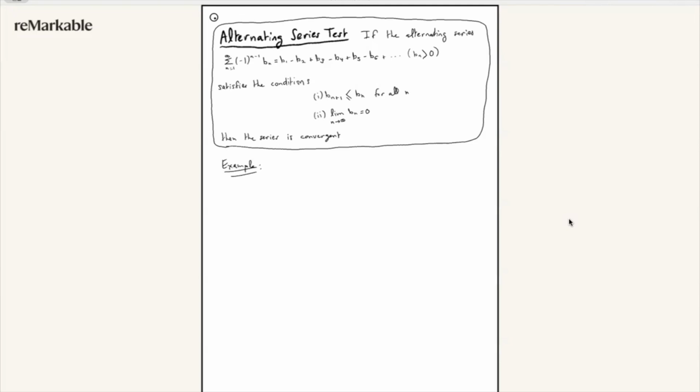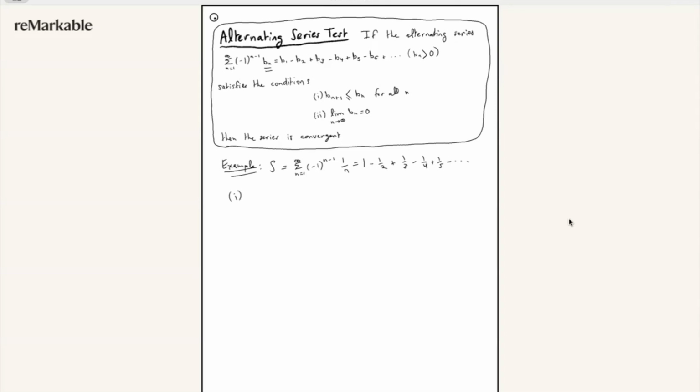So for this example, we're going to have our series S equal to the sum from n equals 1 to infinity of -1 to the power of n minus 1 times 1 over n. So then this 1 over n is going to be our b of n from the definition. And this is just going to be equal to 1 minus a half plus 1/3 minus a quarter plus 1/5 and so on. And so to see if this series is convergent, we first have to check the first condition,